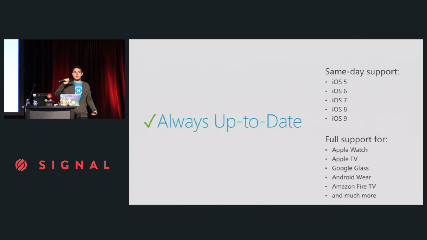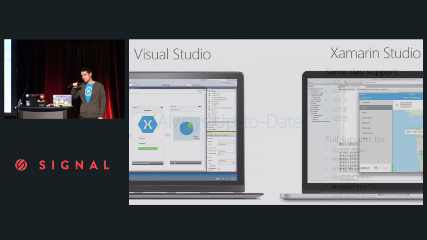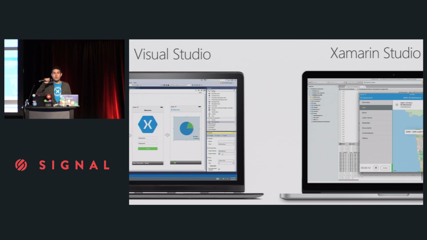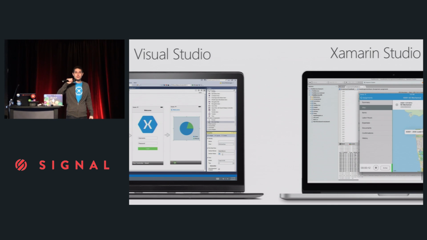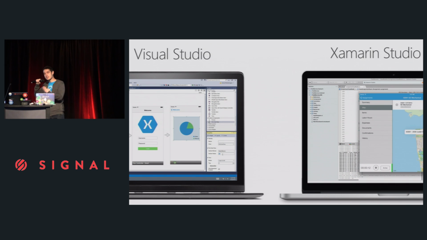But of course, you want to take your applications everywhere, not just phones and tablets. Maybe you want to go to Apple TV, Apple Watch, Google Glass, Android Wear, Amazon Fire devices. Anything you want to go, you have an SDK available for you. Now we have 2 great IDEs. I'm going to do everything here on my PC inside of Visual Studio, but maybe you're on a Mac. We have Xamarin Studio, which is a beautiful IDE for doing iOS, Android, and Mac development. The same solutions, same projects open in both IDEs, so no matter where you or your developers are developing your applications, same projects, same solutions.